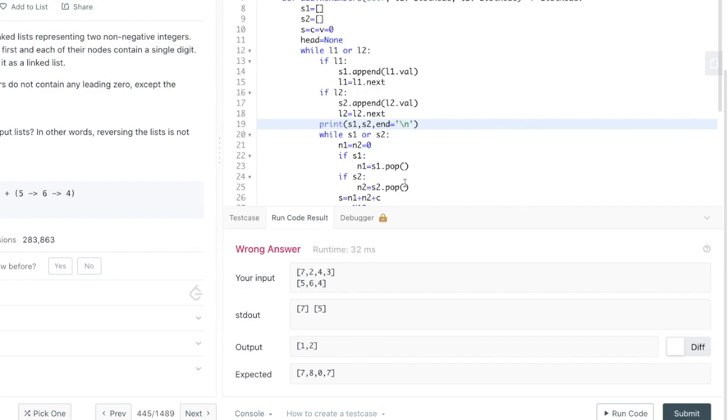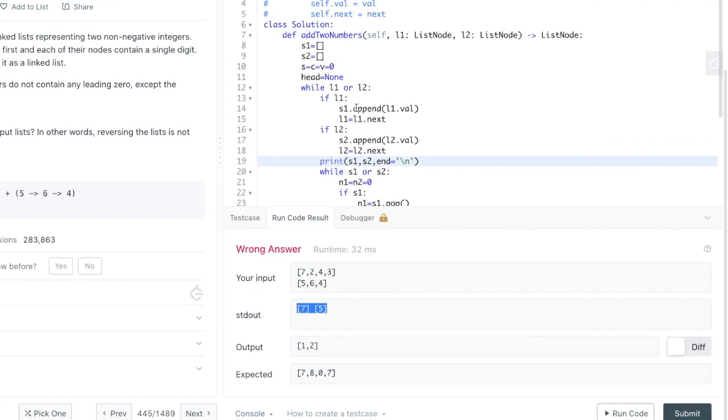So you can see here we are getting only 7 and 5, which is wrong. Why?